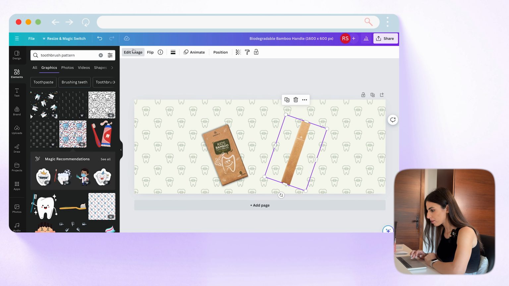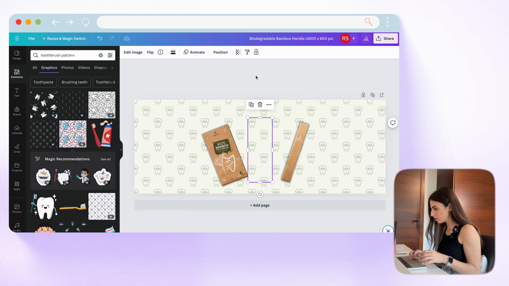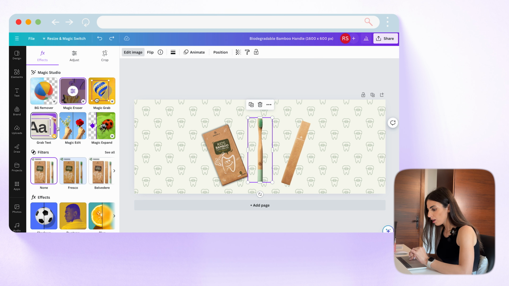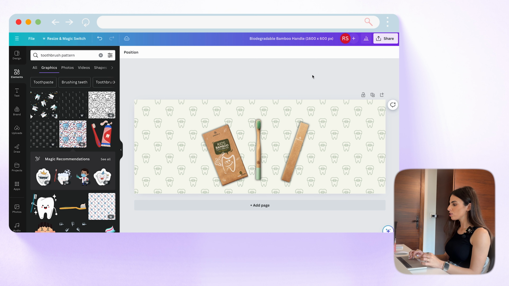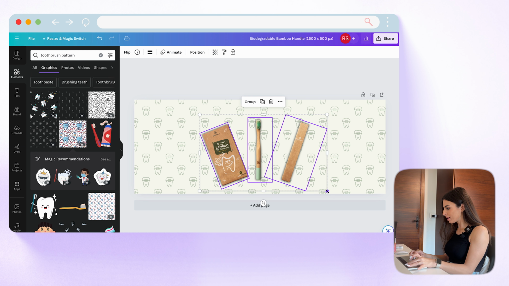So let's try with this one, doing shadow and doing a glow. Okay, this one. I will do the same for this one. So edit image, I will go to glow, and I will do this for the third element. So now we have this image. It's not perfect, I know, but it's nice and we can use it in the home page, in the product page. So I'm gonna make them a little bit bigger,